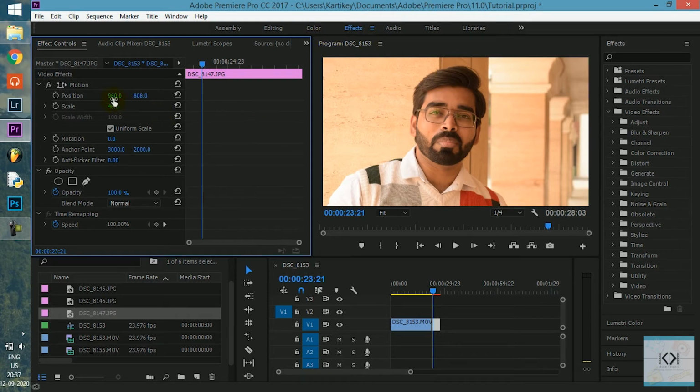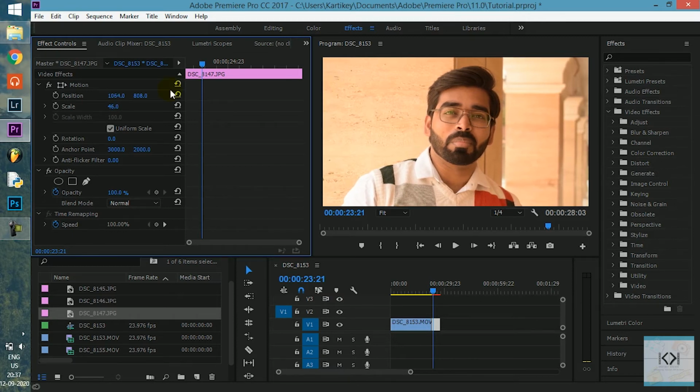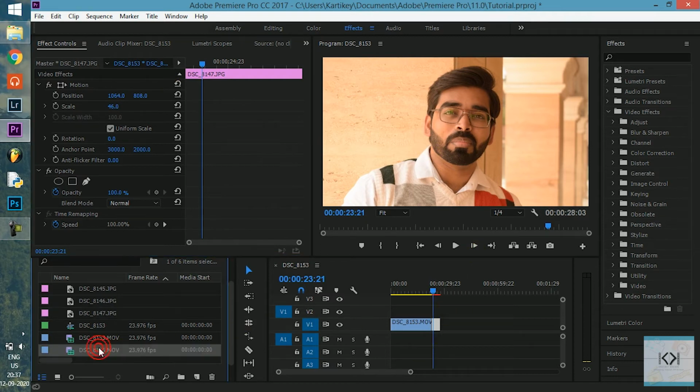And I feel he should be a little more toward the center, so I need to move him to the right. Now if you remember, I have to drag it to the right side to take it to the right side. So I think this looks good.